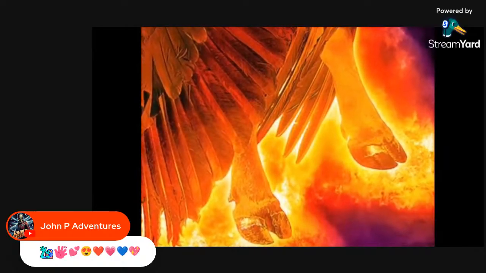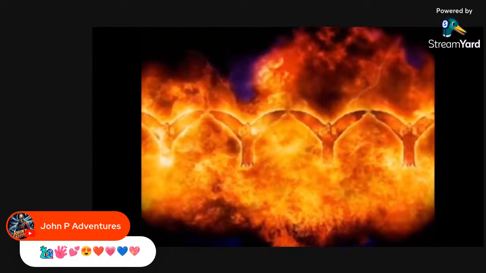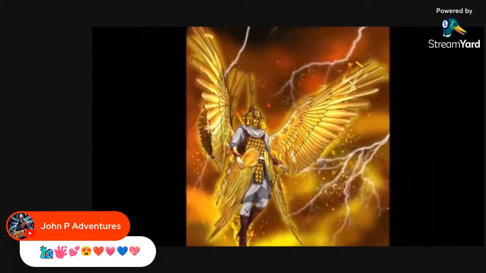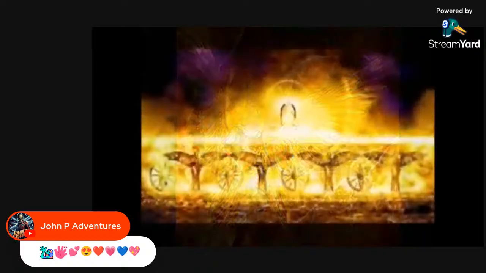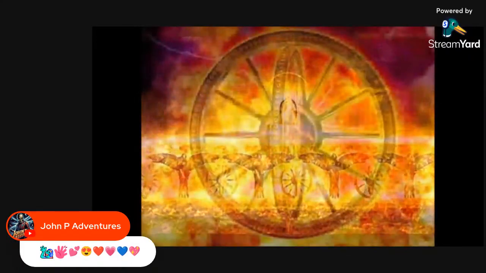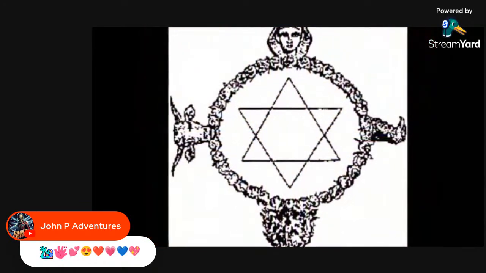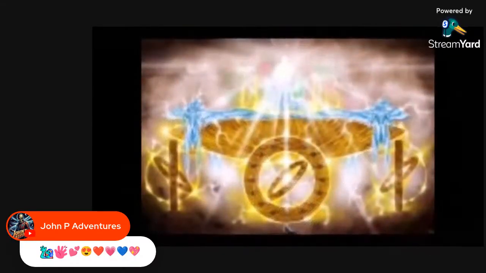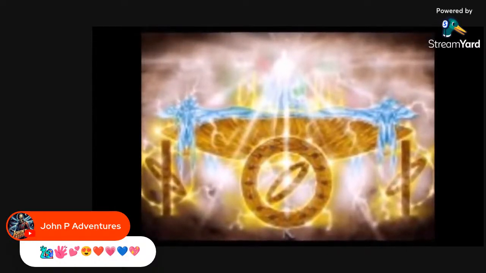As for the likeness of the living creatures, their appearance was like coals of fire, burning like the appearance of torches. It flashed up and down among the living creatures, and there was a brightness to the fire, and out of the fire went forth lightning. And the living creatures ran and returned as the appearance of a flash of lightning. Now as I beheld the living creatures, behold, one wheel at the bottom, hard by the living creatures, at the 4 faces thereof. The appearance of the wheels and their work was like unto the color of beryl. And they 4 had one likeness, and their appearance and their work was as it were a wheel within a wheel.